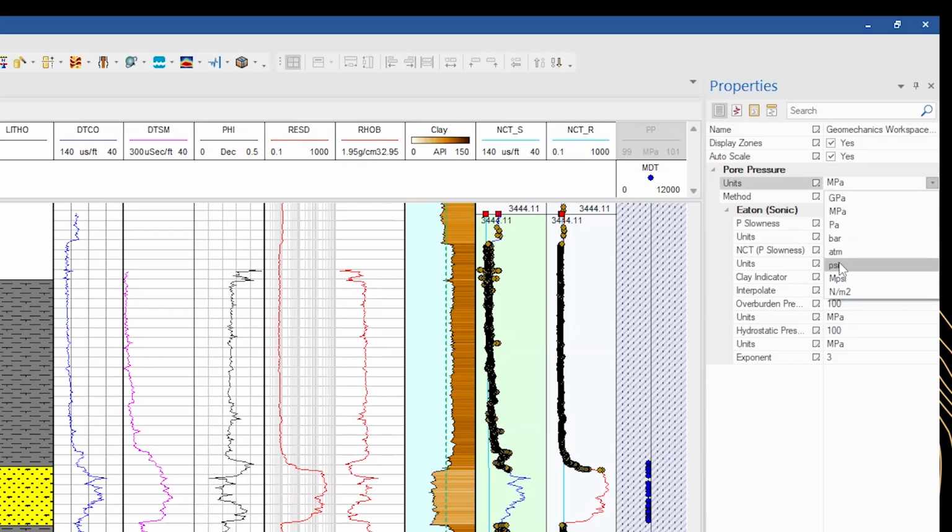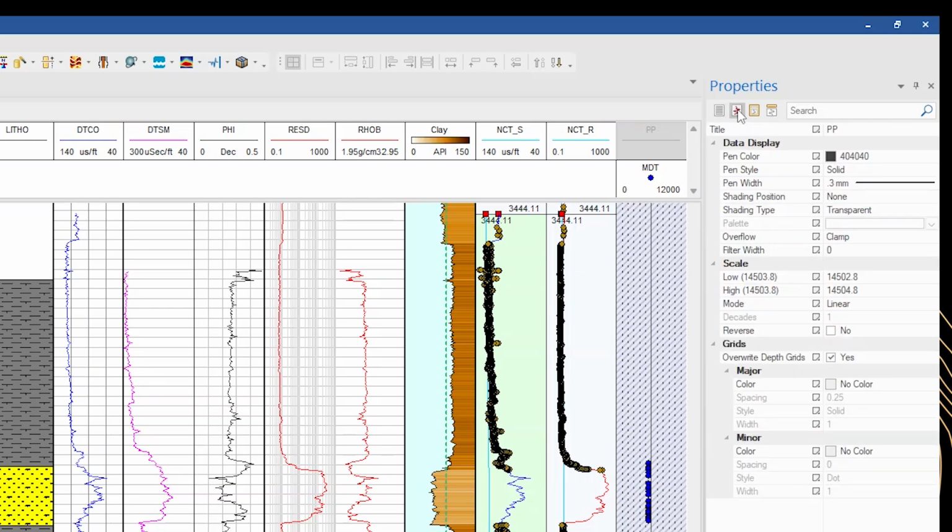The units will be in PSI for consistency, and the scale from 0 to 12,000, the same scale as the MDT. And we select the DTCO, the normal compaction trend line.